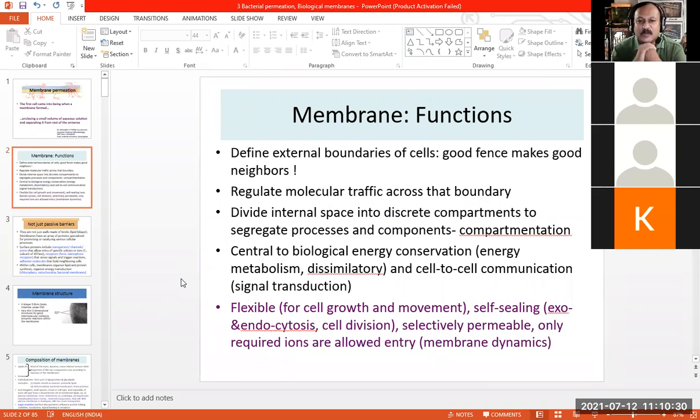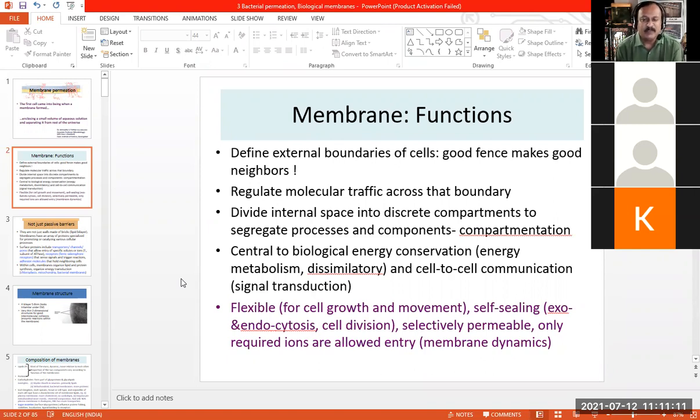Not only the external boundaries of the cell, but even the internal organelles of the cell, especially for the eukaryotic cells, the plant cells and the animal cells, are also defined by membranes. Those membranes are important for different types of interaction and metabolic reactions. One thing is the compartmentation of different molecules in the cell. Certain essential functions are carried out by biomolecules within a particular organelle. If there is no such separation, then probably there would be chaos in the cell.